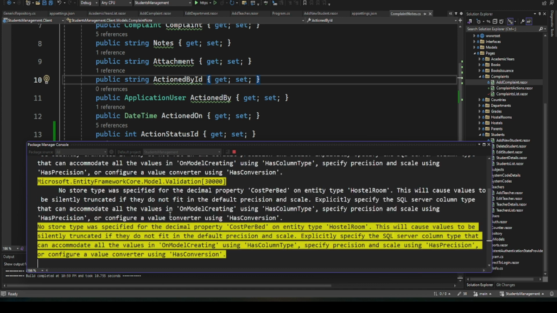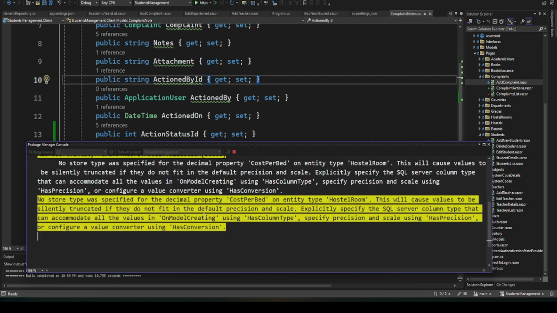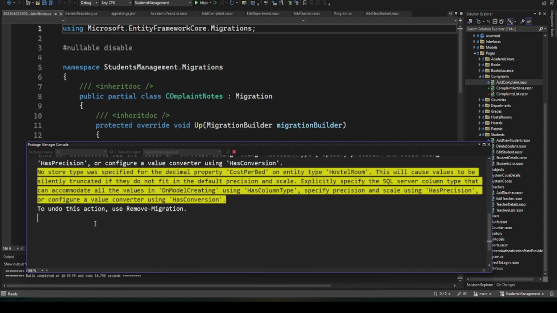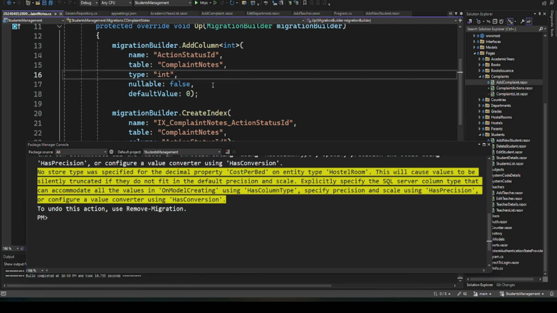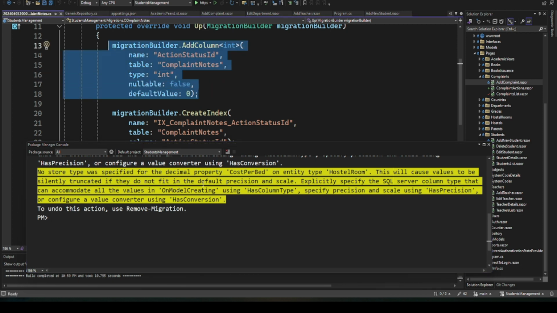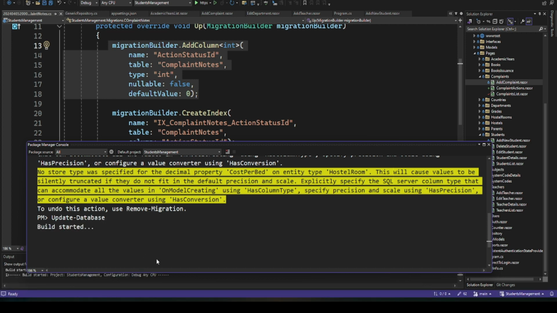You can see our migration has been generated and our migration file has been provided. You can see this is our migration file, and it is going only to add this column, action status ID, on the complaint notes table. To effect the changes, I'm going to do update-database, press enter, then that column should be available